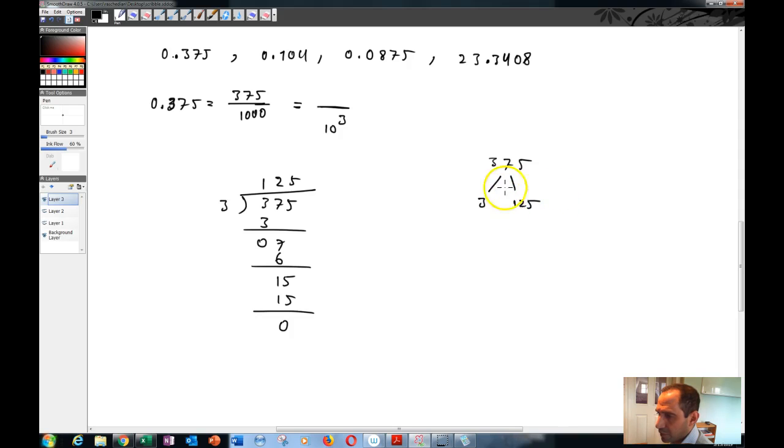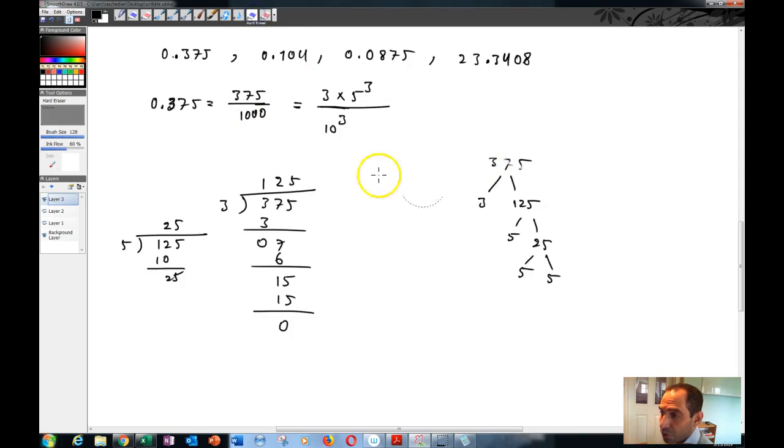And this is not divisible by 3 anymore, so you can divide it by 5. So 125 divided by 5, I think it's 25. 2 times 5 is 10, 25. 5 times 5 is equal to 25, so that's 5 times 25, and that's 5 times 5. So that's 5 cubed times 3. So that's 3 times 5 cubed. Okay. Now, what you can do here,